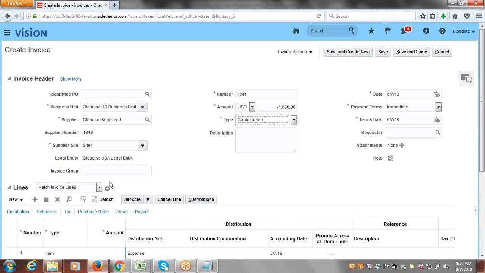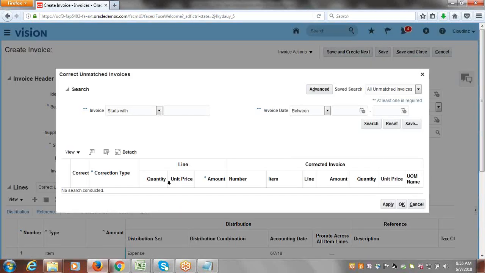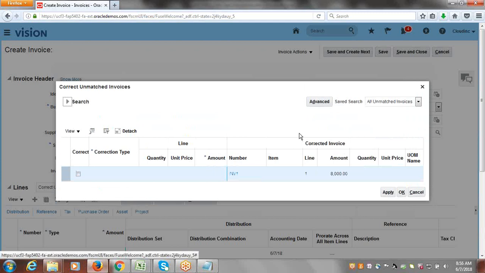So from which invoice? Unmatched invoice. Correct, unmatched invoices. Click on go. So provide invoice number INV1. Just click on search. Now you could see within this invoice how much amount is